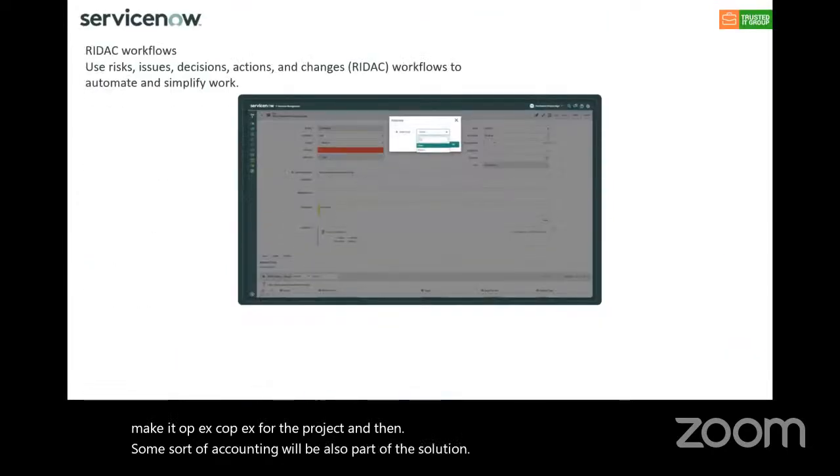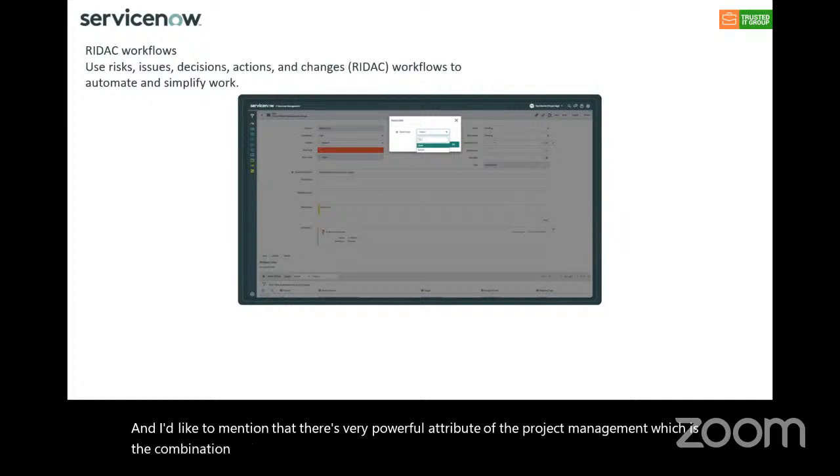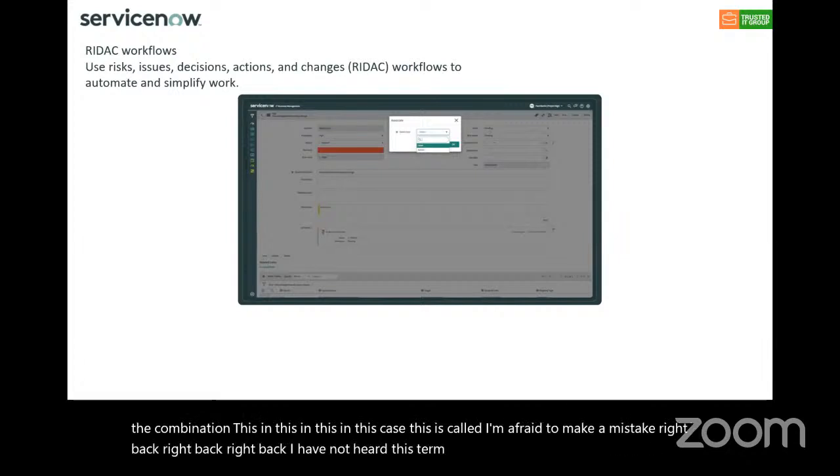And I'd like to mention that there's a very powerful attribute of the project management, which is the combination. In this case, this is called... I'm afraid to make a mistake. RIDAC. I have not heard this term, so I hope it's not...